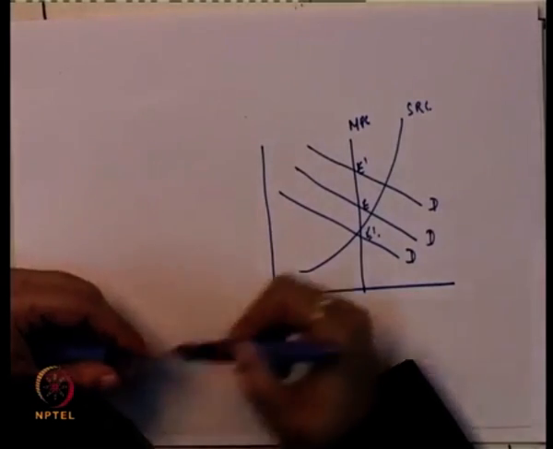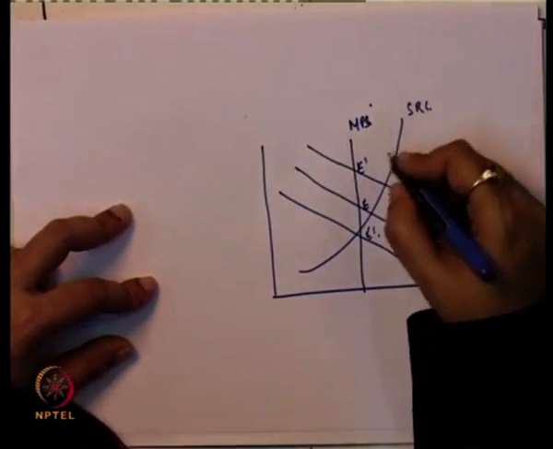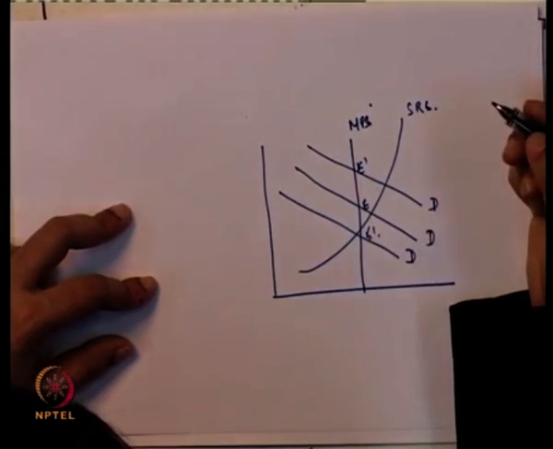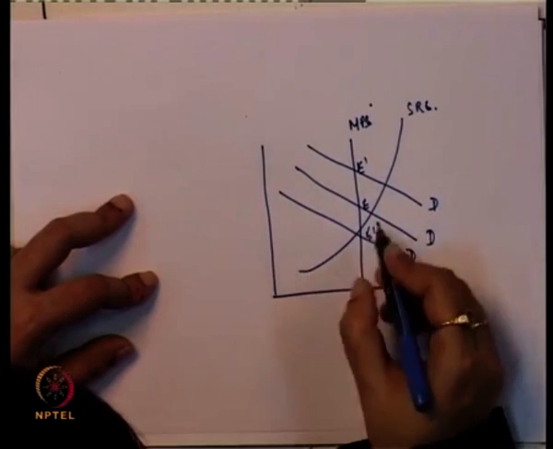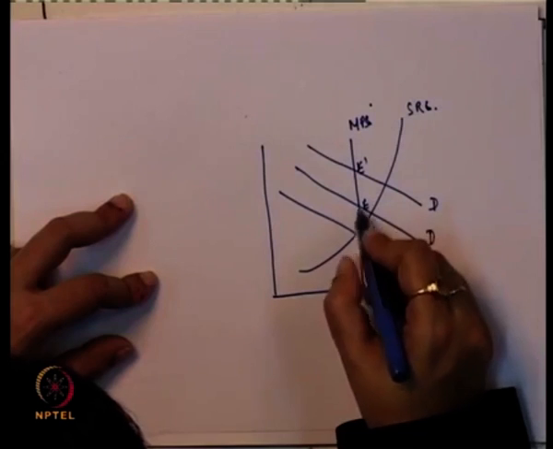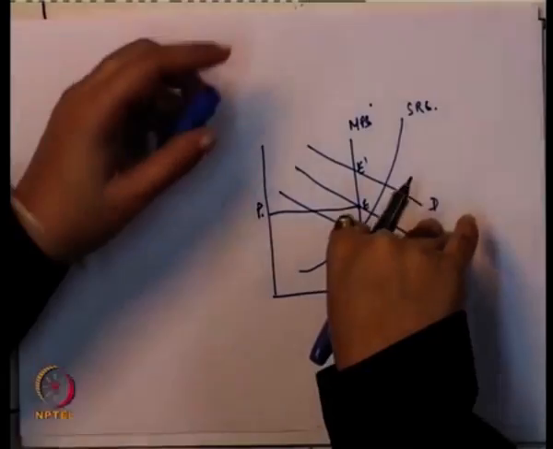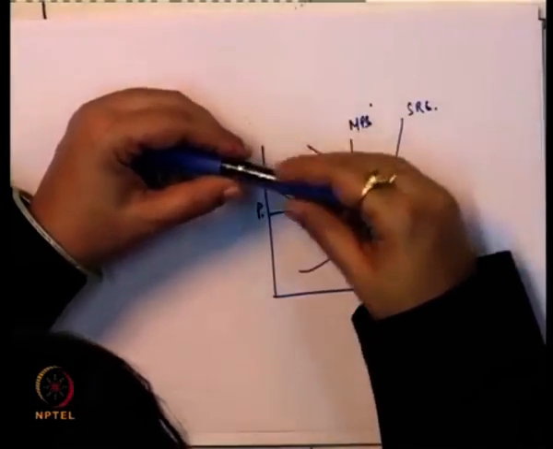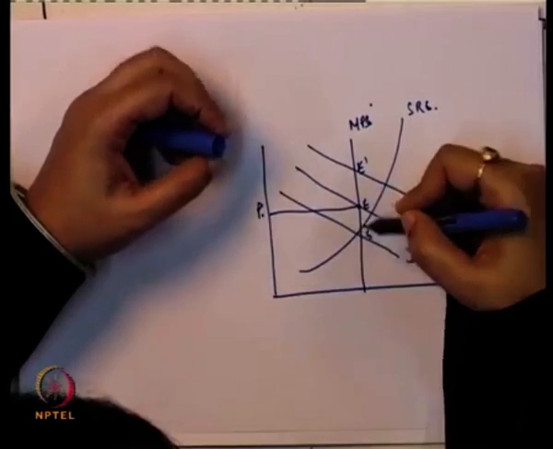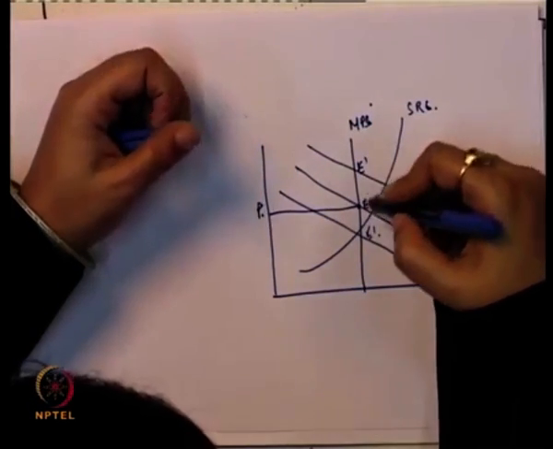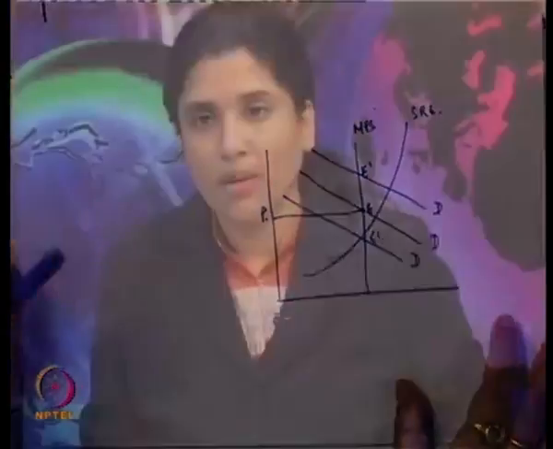So, here if you look at, MPS is the market period supply curve and SRS is the short run supply curve of the industry, and here OP is the point where, because this is the short run price, both the market price as well as the short run price, since the given demand curve DD intersects both the market period supply curve and the SRS, that is why we can consider this as the equilibrium price.